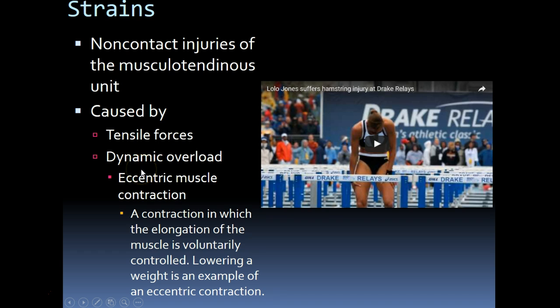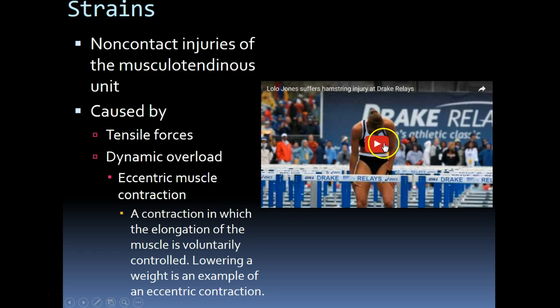And then the last way we see this is dynamic overload. Interestingly enough, what we see with muscle strains is that it generally occurs during eccentric muscle contraction. In other words, the contractional phase of the muscle, where the muscle is actually in an elongated position. And that would make sense, right? If you're in an elongated position, you have these tensile forces. Well, if we get past that elastic phase, we're into that plastic phase and we overload, then injury is bound